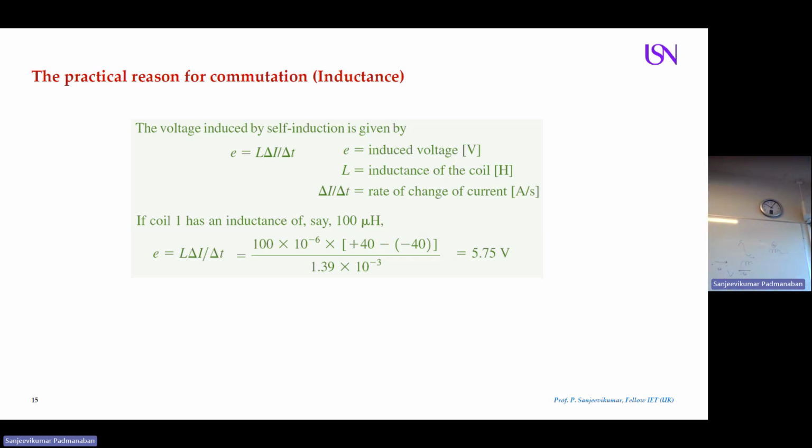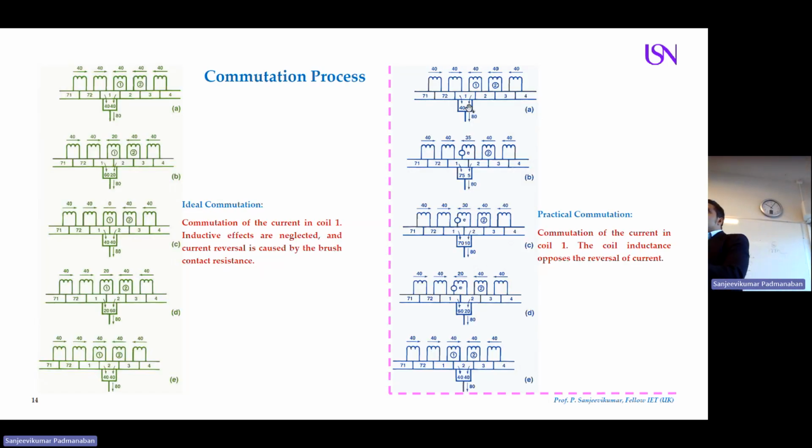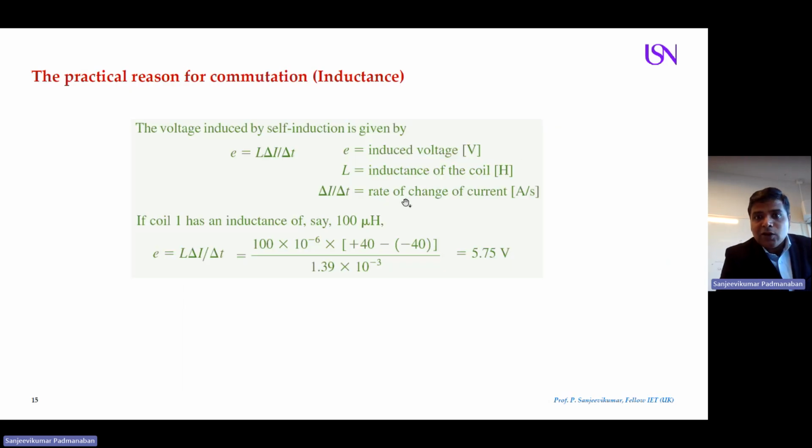My brush is in position 1. I am going to move to brush 2 in a fraction of a second. Please note, I am talking in small words, very slowly. But think about the machine. They are running at 3000 RPM, 1500 RPM. So this movement from one coil to another coil by the brush is a fraction of a second, milliseconds. You understand what I'm saying? Milliseconds. That's why you calculate the rate of change of current, which is given by